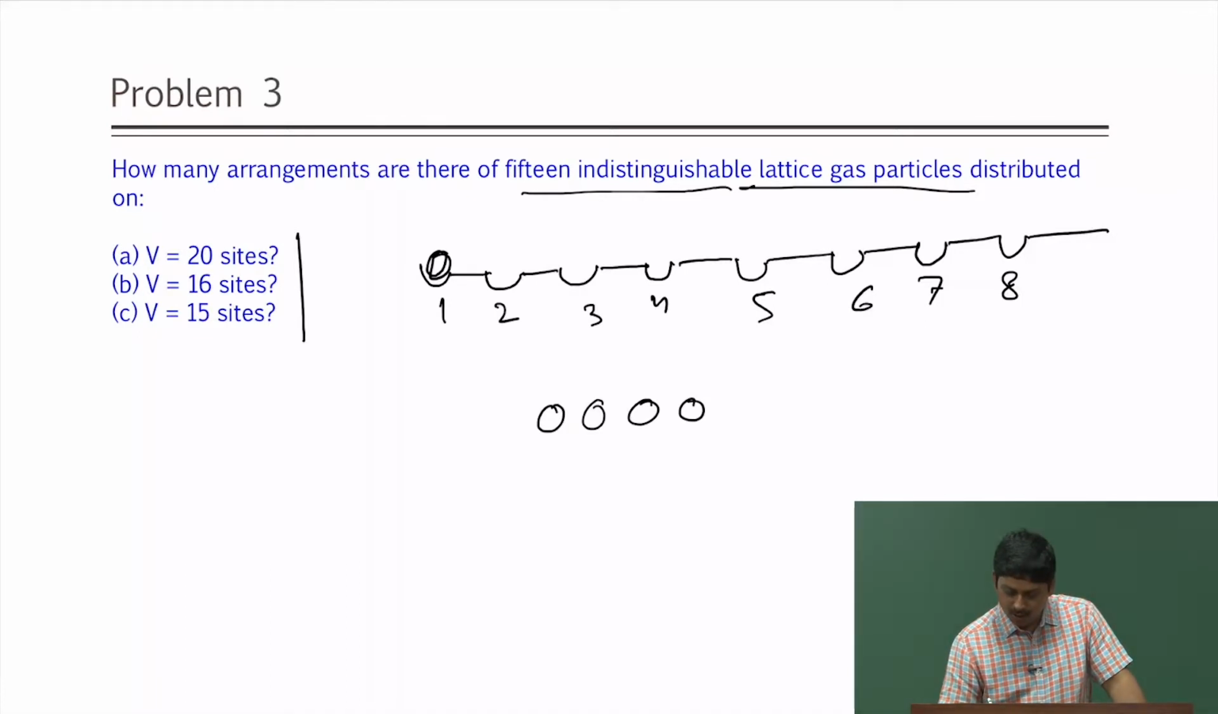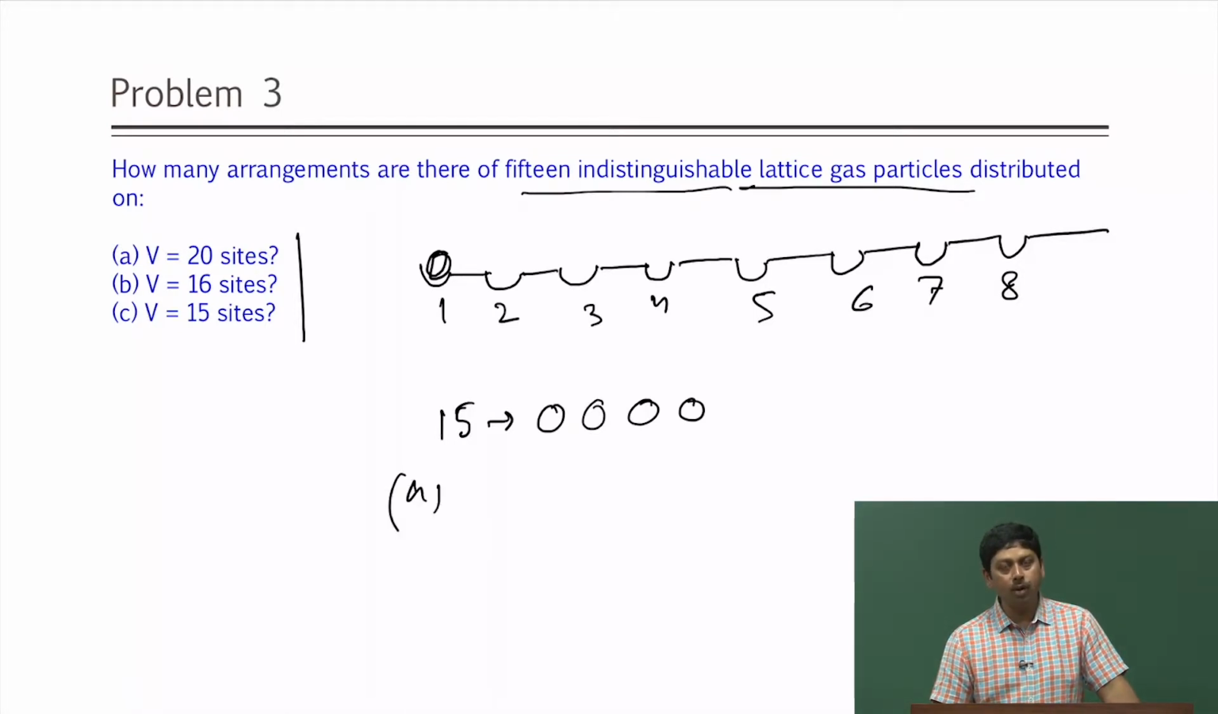So, I have 15 such particles, and in the first case 20 sites. So, I have to choose 15 out of 20 sites to put the particles, that is the only problem. So, the number of ways will be 20 C 15. In the second case I have 16 sites left. So, 16 C 15